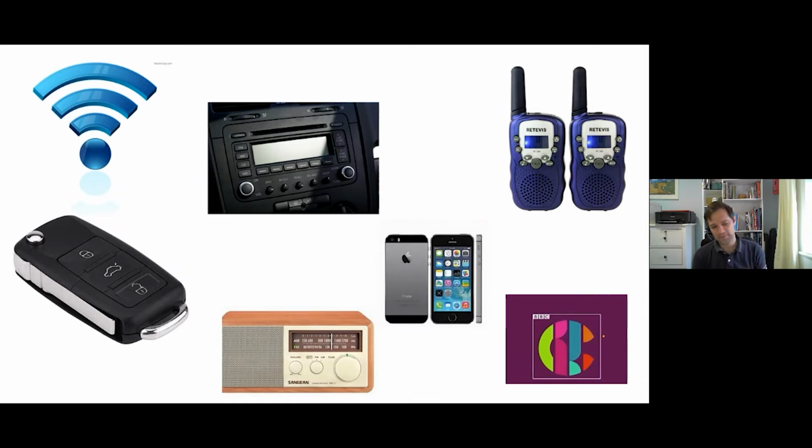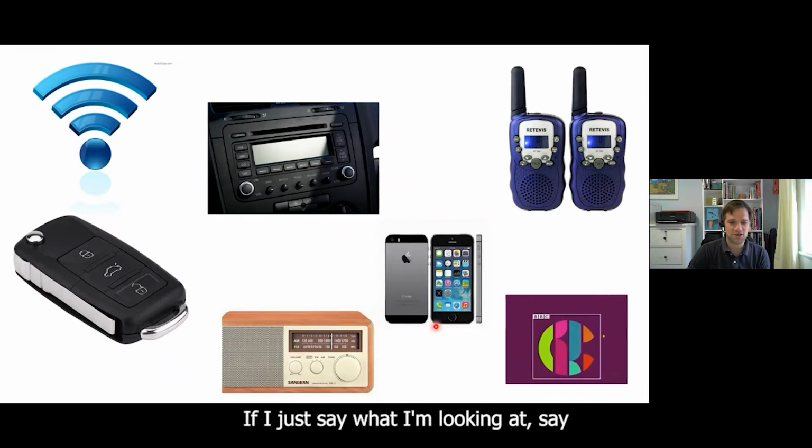Other things that we use, obviously, you can see, if I just show you what I'm looking at. So the mobile phone, many of your parents will have a mobile phone, and it is a really important part of our life. And again, a mobile phone needs to communicate in order to make phone calls and search the internet and use apps when you're out and about. And so a mobile phone will communicate wirelessly to a mast, which you may have seen around your town or village, to do what it needs to do. A few other things. So a car radio,